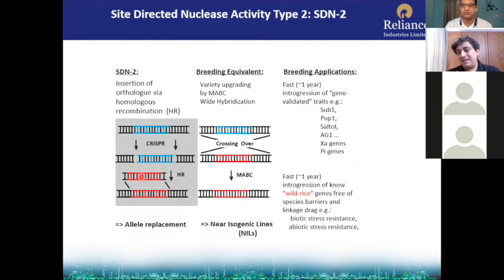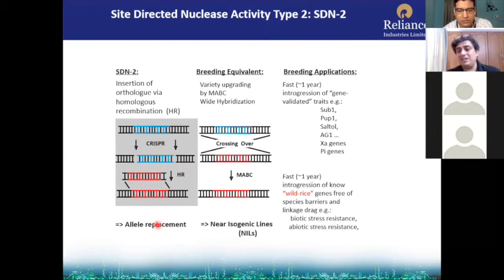The second type, SDN2, is where you insert an ortholog via homologous recombination. So this blue part is your gene area which you want to change for a certain reason. You give 2 cuts at the 2 ends of that region, and then you send your gene of interest, either taken from a similar plant genome, or you develop it, or take it from some other organism, and you insert it by homologous recombination, which is known as allele replacement or allele swap.